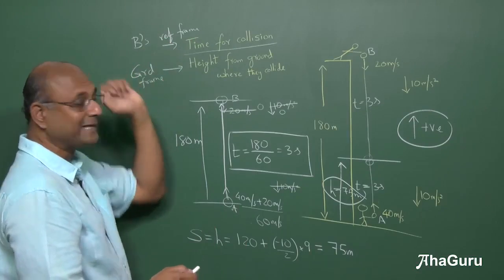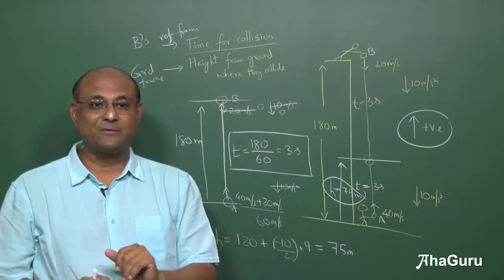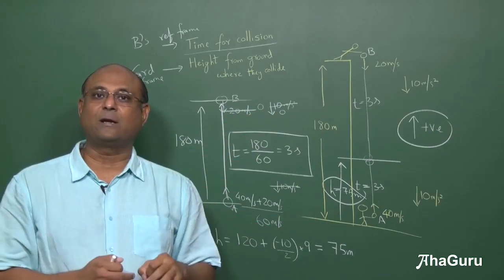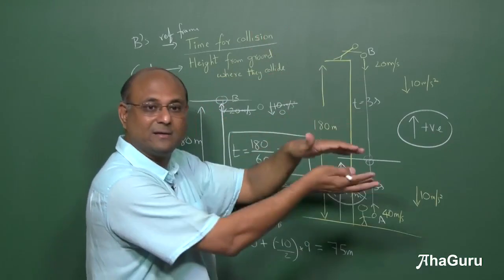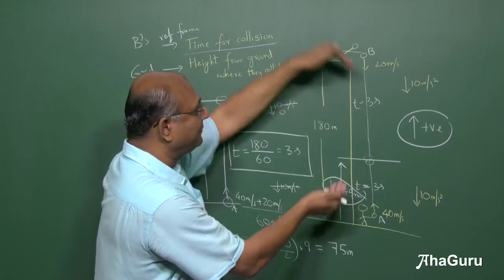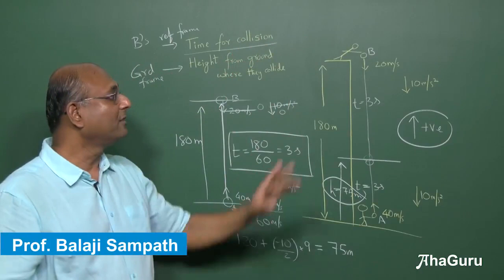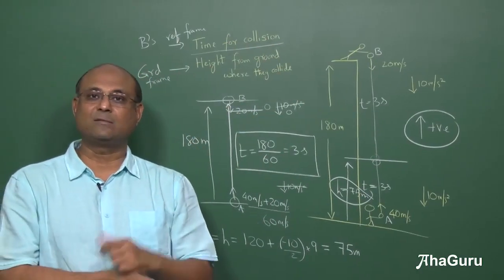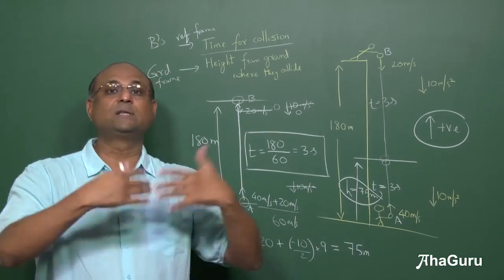Then we use time for the second part of the problem. But time does not change from one reference frame to another reference frame. So if I calculated time in B's reference frame, B says it took 3 seconds for A to hit me. In the ground reference frame, it also took A 3 seconds to hit him, right? So whether you are talking about ground reference frame or B's reference frame, the time remains the same. Therefore, we can use time from this reference frame to solve the problem there. That is actually the best way to solve these problems, because in one reference frame, one of the calculations turns out to be easy. You should then use it in the next reference frame.